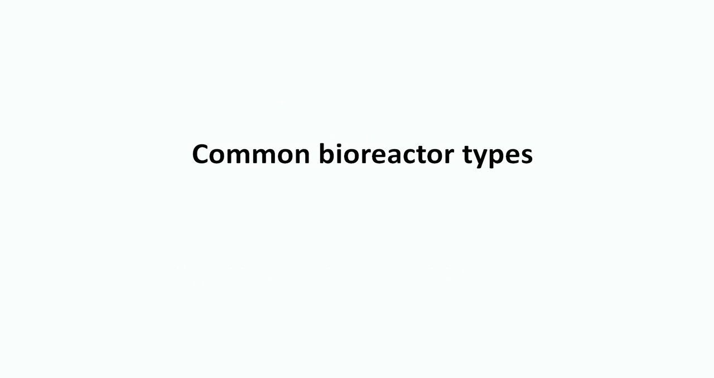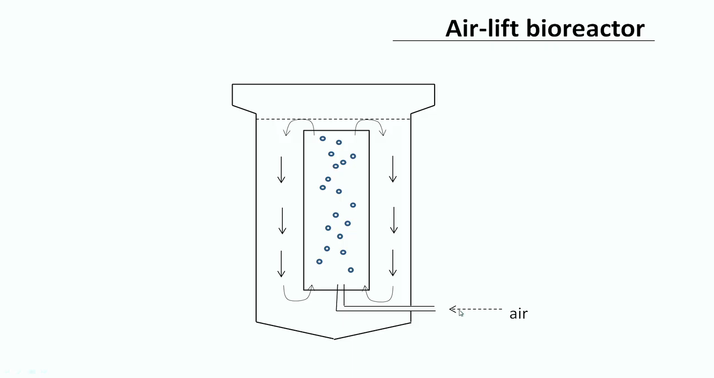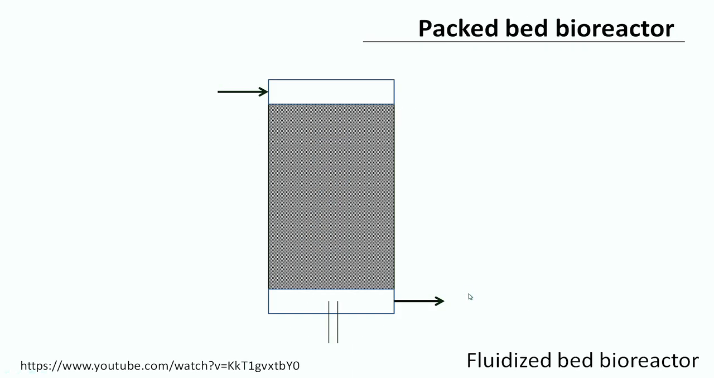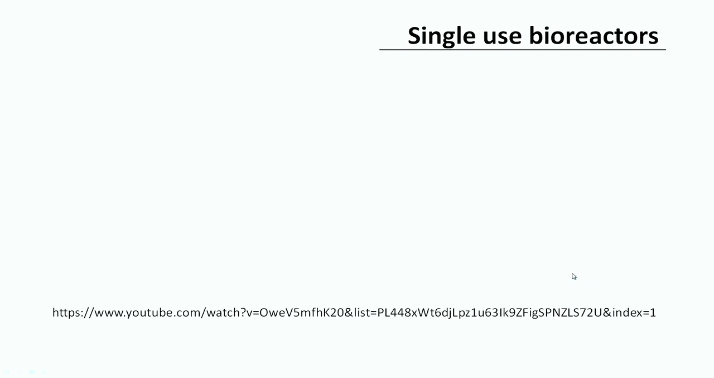Then we looked at some common bioreactor types. We said that the stirred tank bioreactor is one of the commonest types. It is nothing but a stirred tank, and then an airlift bioreactor, a packed bed bioreactor, a fluidized bed bioreactor, which is nothing but a packed bed with jiggles around. There are some advantages there. There was a video which led you to some detail on the fluidized bed bioreactor, and then solid state bioreactors,